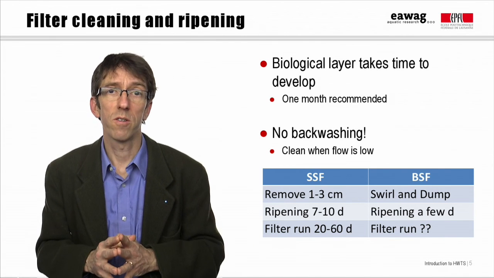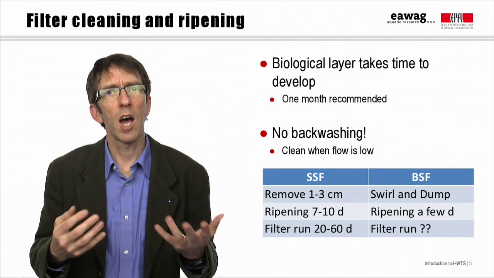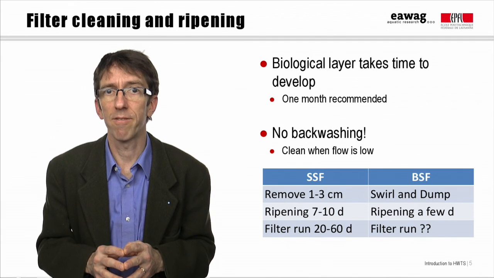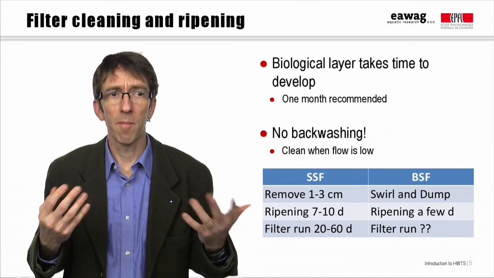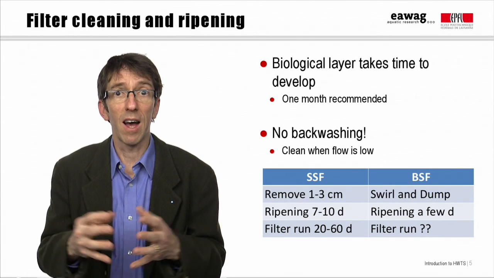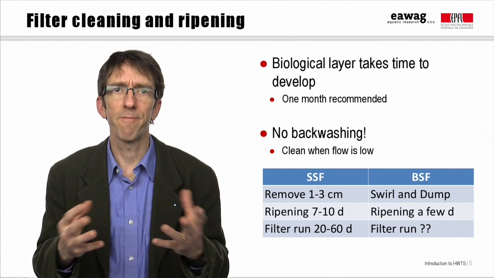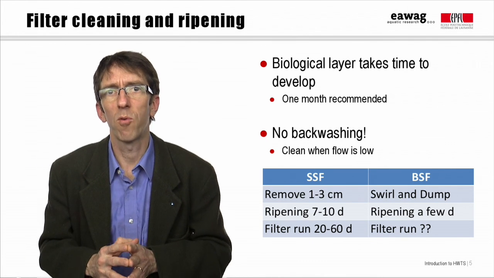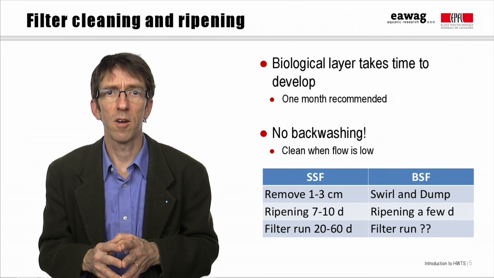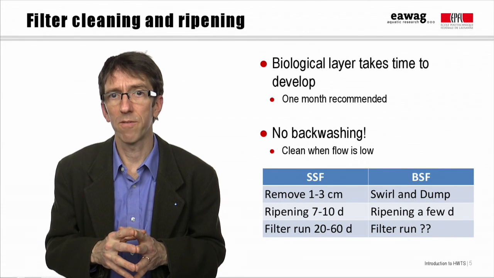In both conventional slow sand filtration and biosand filtration, a new filter needs some time, about a month, to develop the Schmutzdecke, the biologically active layer. Now, like membrane filters or ceramic filters, a new filter has a pretty high flux rate, which slowly decreases over time as the filter media becomes fouled, as particles get trapped in pore spaces. In membranes or some ceramics, flux can be restored by backwashing, but that's not done in biosand filtration.